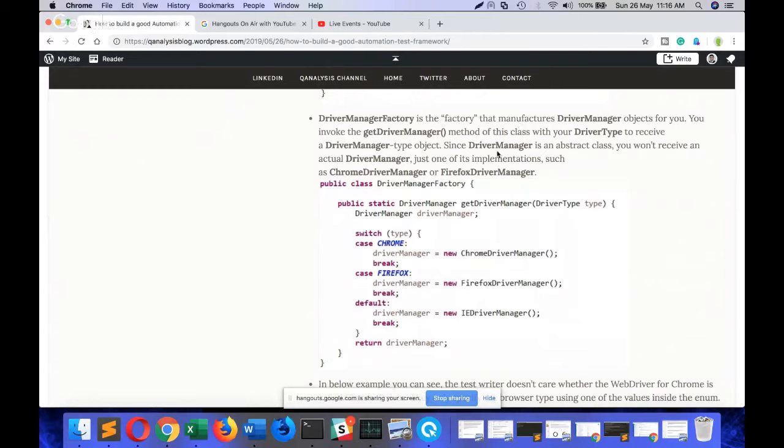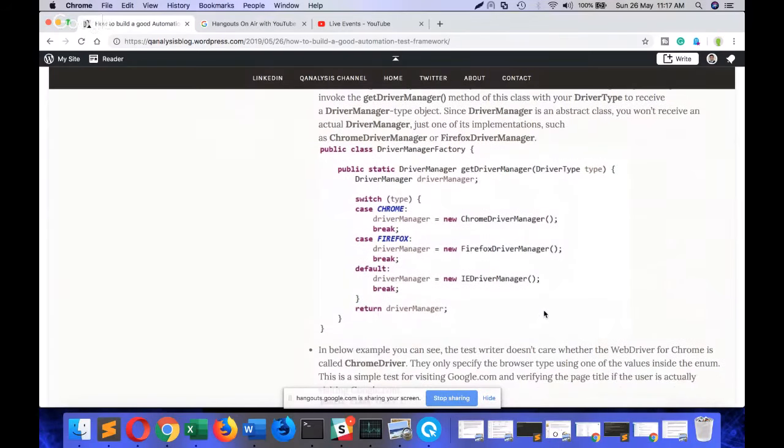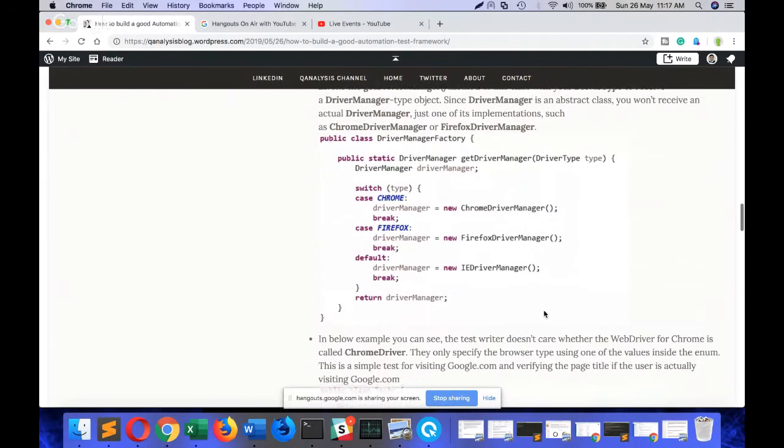Since driver manager is an abstract class, you won't receive an actual instance, so that is the whole concept of abstract class. An abstract class cannot be accessed, and all you receive is one of its implementations, right? Over here we can see ChromeDriverManager and FirefoxDriverManager. So in DriverManagerFactory we have Chrome, Firefox, and the default is IEDriverManager. So in this way, driver managers create different kinds of